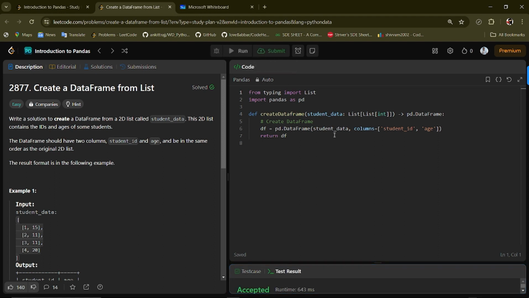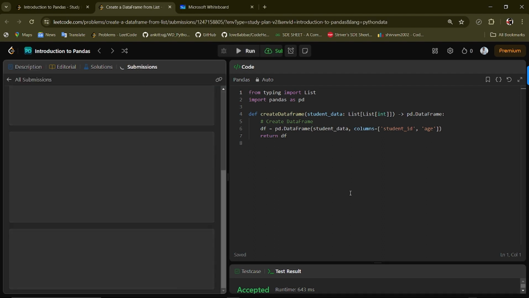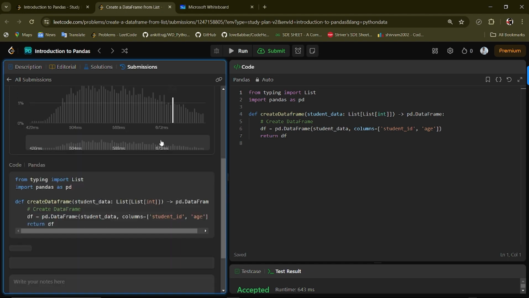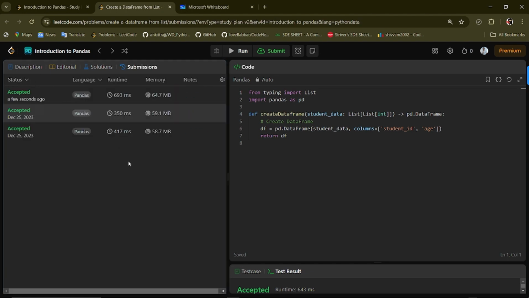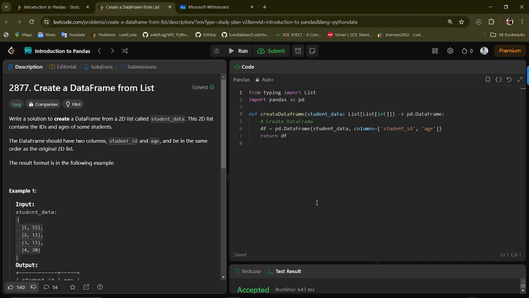Let's create a data frame from the student data list. df equals pd.DataFrame of student data with columns student ID and age. And so let's go ahead. So we have solved this problem, and that's it.